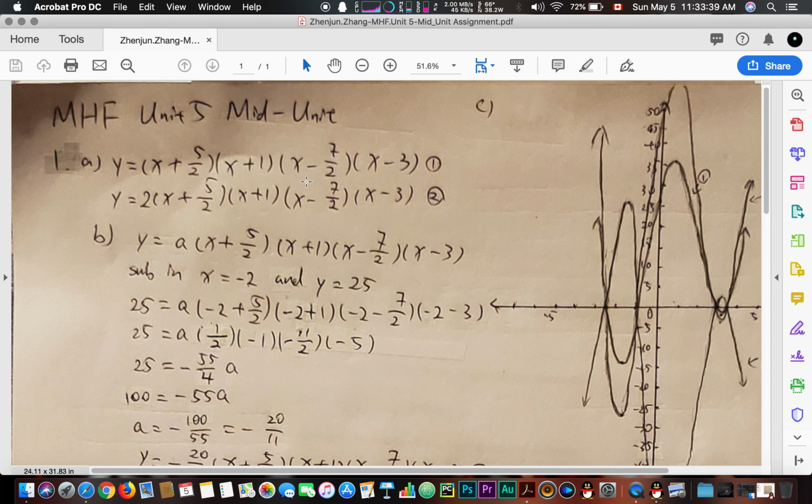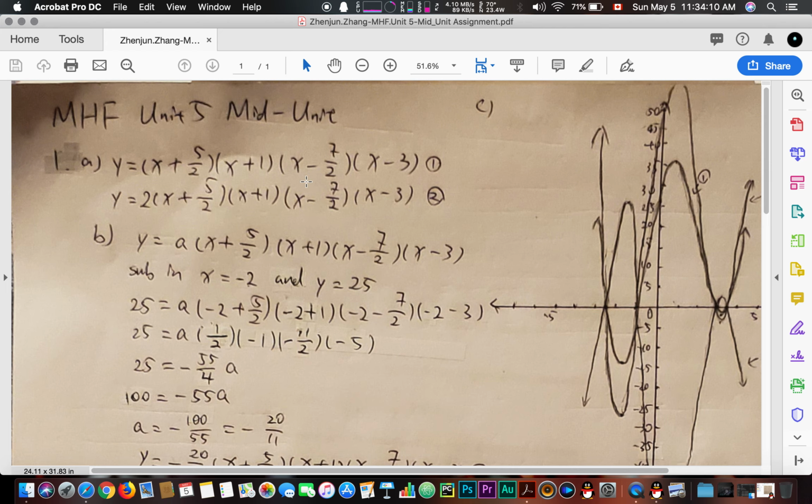So for the first question, we need to determine an equation for the family of the quadratic function with zeros negative 5 over 2, negative 1, 7 over 2, and 3. So for the A part, we need to write an equation for two functions that belong to this family. So what does that mean? For example, write,